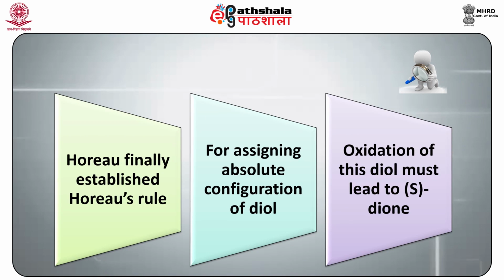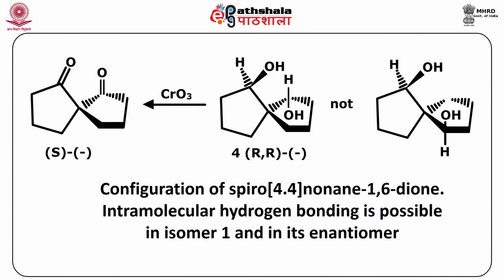Horeau et al. finally established Horeau's rule for assigning the absolute configuration of the diol. Oxidation of this diol must lead to the S dione, which experimentally was found to be levorotatory. As you can see in this figure, the configuration of the spiro-4,4 nonane 1,6 dione has been established on the